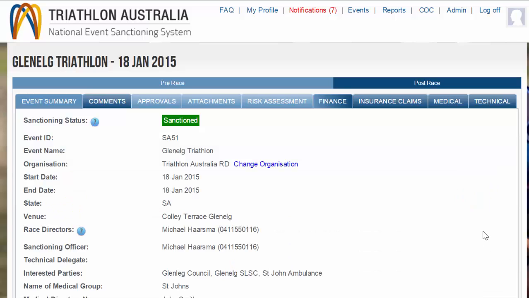Do in order to finalise that event. One of the key things is the input of all the post-event reporting. Now there's not that much to do, so just looking at this test event here, if we click on the Finance tab,